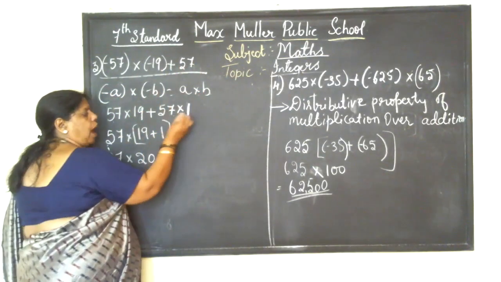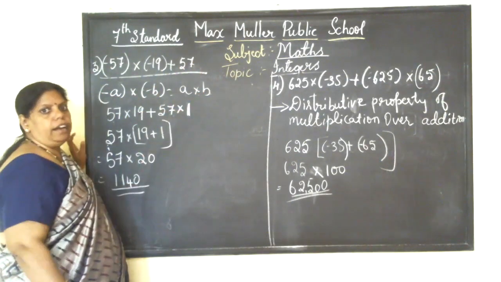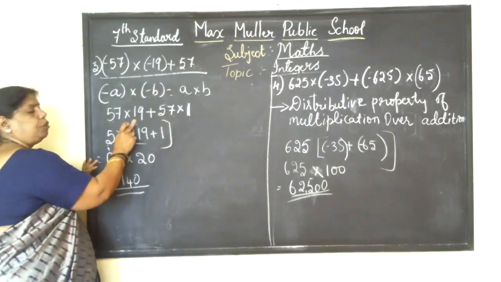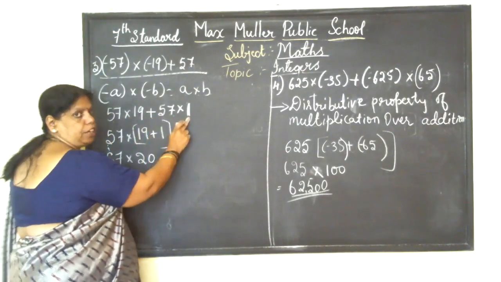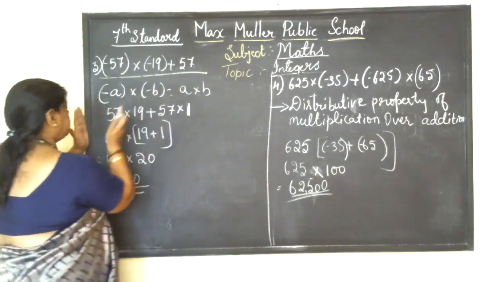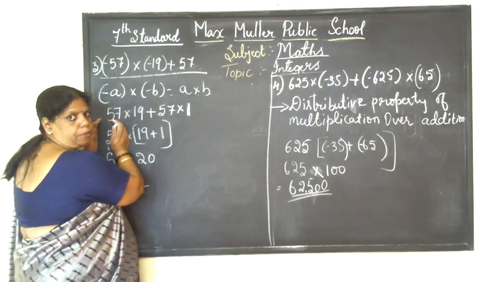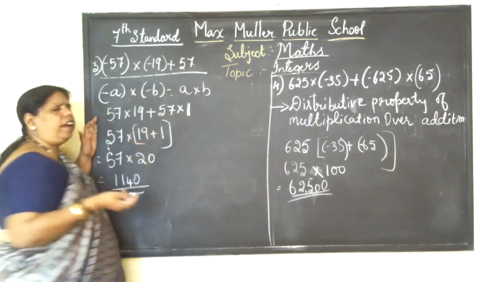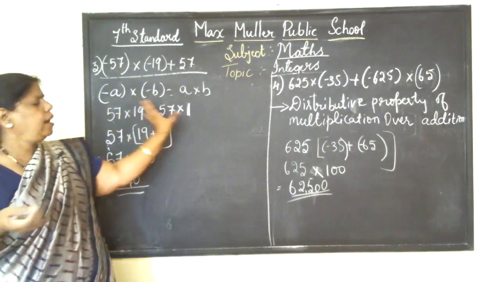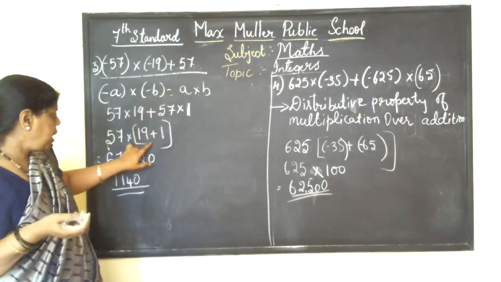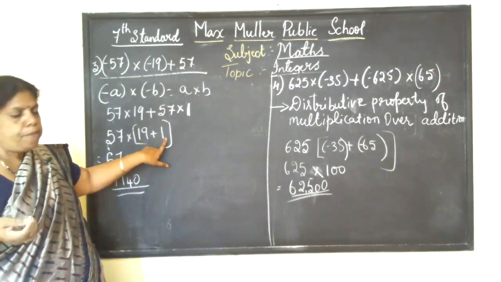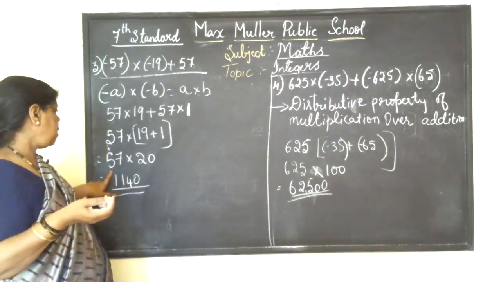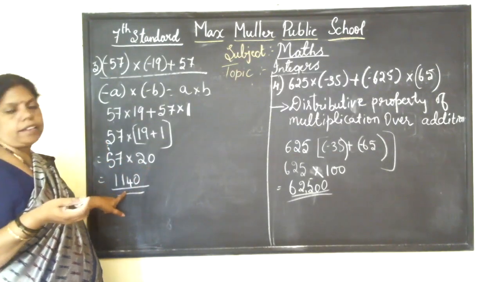So what did I do? I have taken 1 as another integer. Right? 57 into 19 plus 57 into 1. This 57 and 57 I have commonly taken outside. Then 19 and 1. Here plus is there. Why did I take it? Because this is one set and this is another set, isn't it? So that plus I have brought, 19 plus 1 is equal to 20. Got it? So 57 into 20, you will get the answer